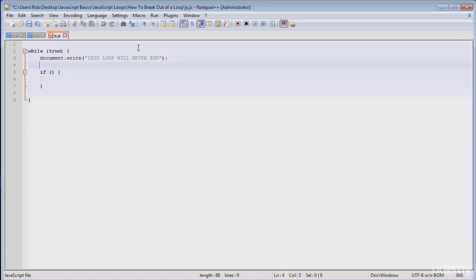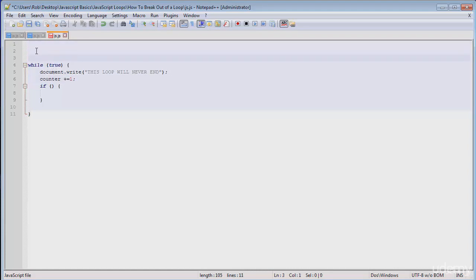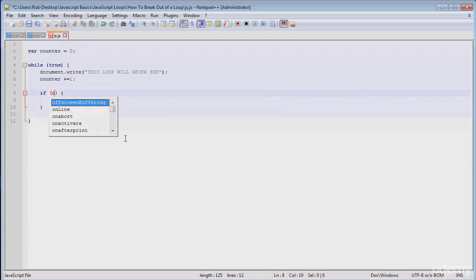our loops. So let's add a counter variable in here, and we're going to add +1 to the counter variable every time our loop is run. And we're also going to create the variable up top here and declare it at the top of our script. We'll give counter the value of 0. Next up, inside of our loop, we're going to have our conditional statement, and we're going to make a conditional